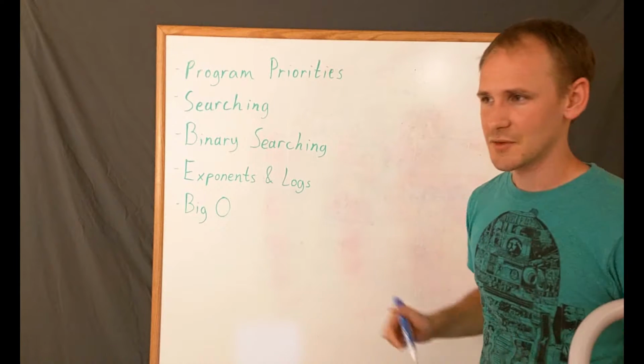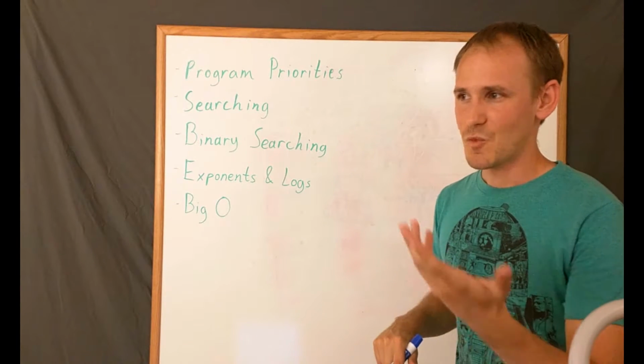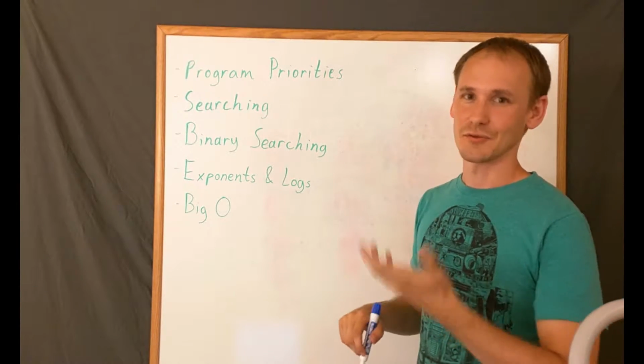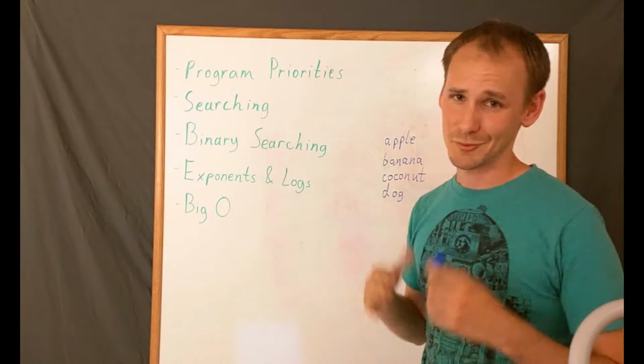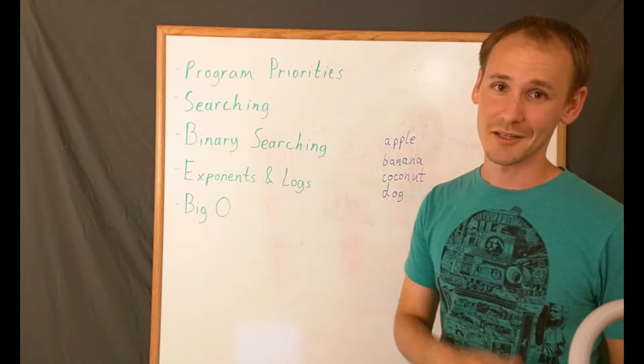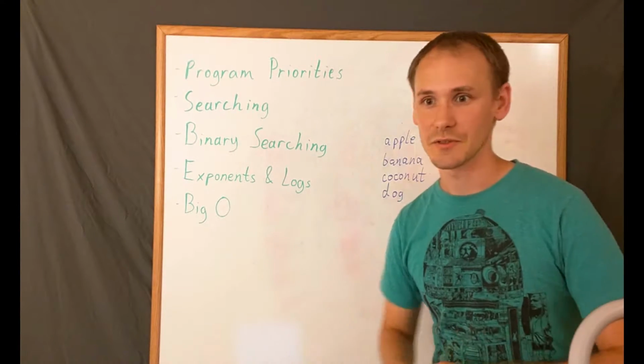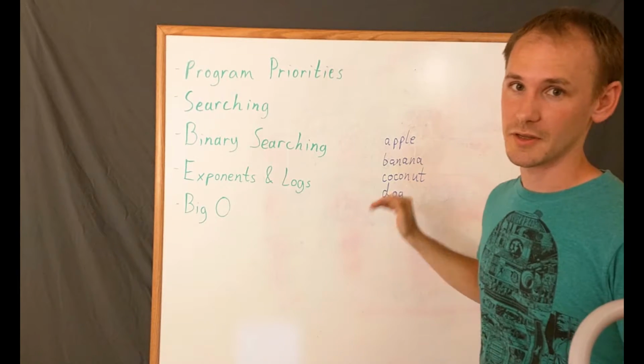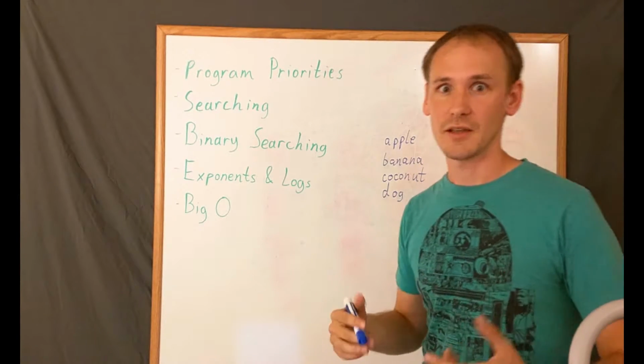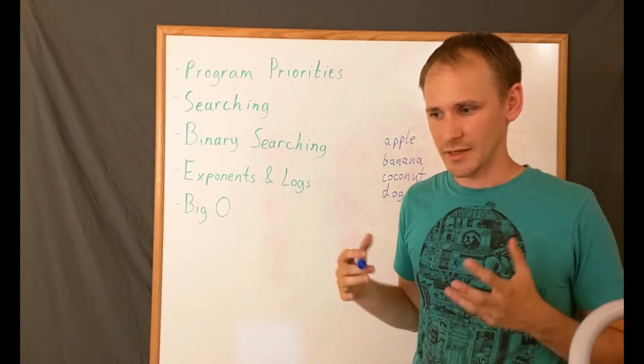In fact, let's say we're looking at a web page that lists all of the fruits. So if we have, say, a really small list, just apple, banana, coconut, and dog, you can imagine that this list goes on and on and on, and maybe even has 1,000 words. If we start out with the list sorted, then we can take advantage of that, right? If we're looking for a word like apple,